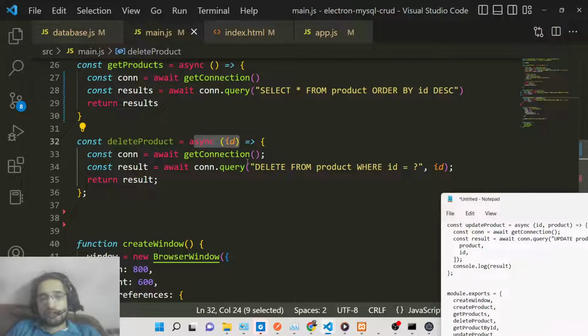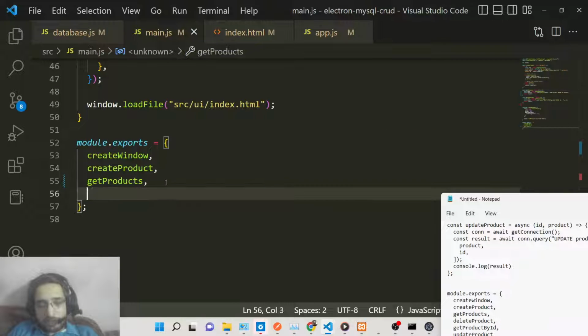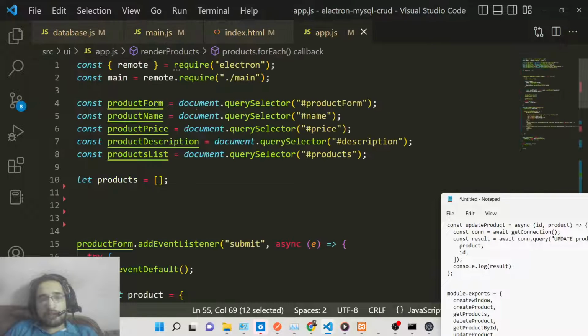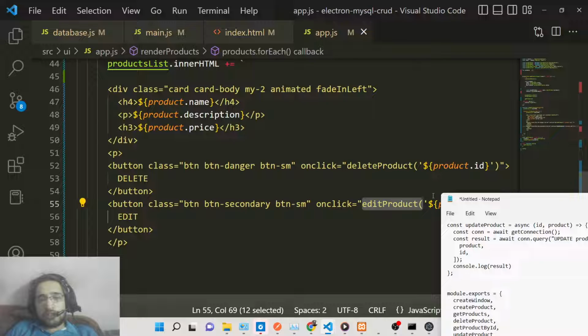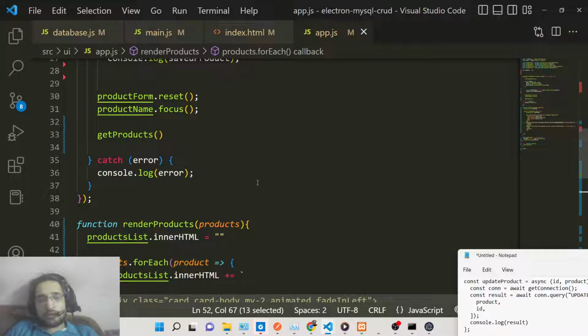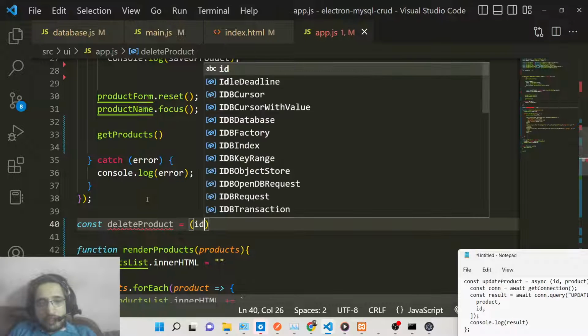We have removed it using the SQL query, and now we simply need to export this method. So we will say delete product. So now inside your app.js we need to basically write this function which is delete product right here. We will take the ID,